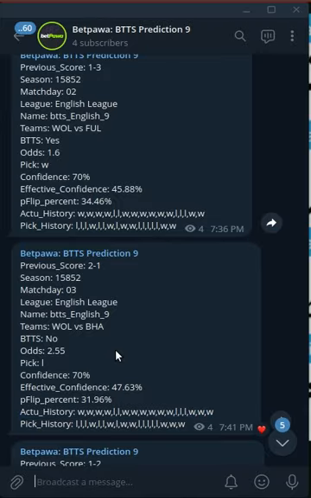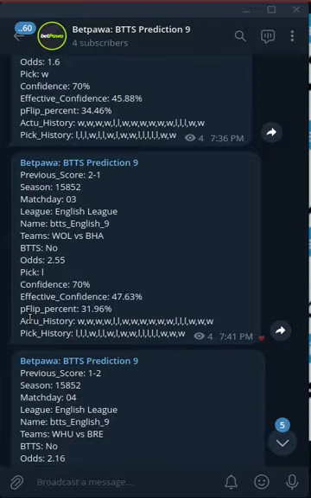So after running it, I am checking its history, and I can see that the actual history is actually performing better than the peak history. As you can see, we have very many wins in the actual history